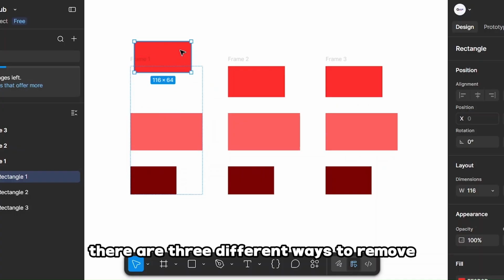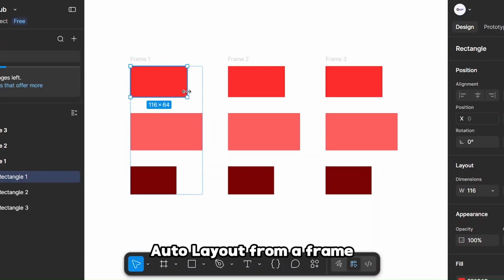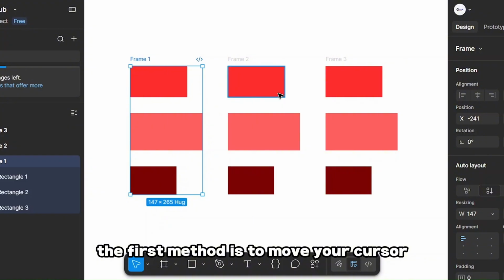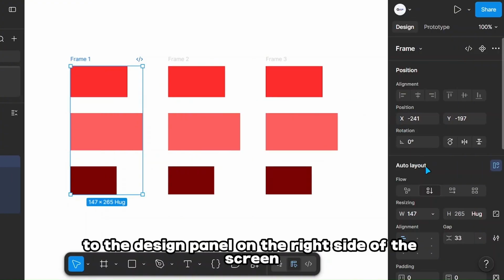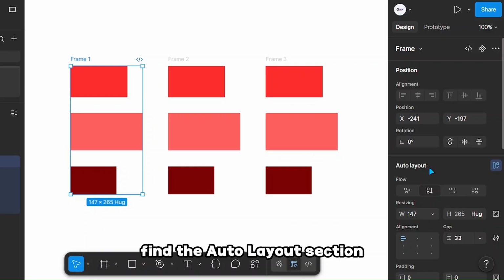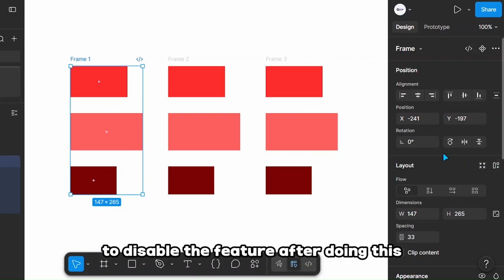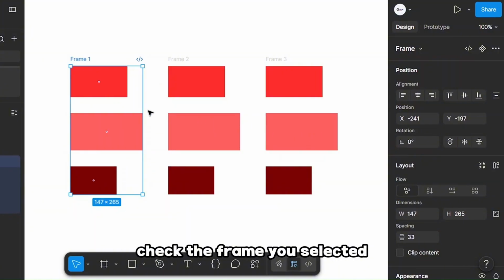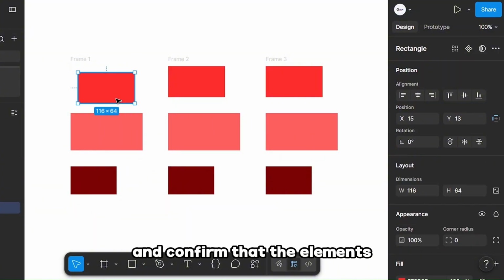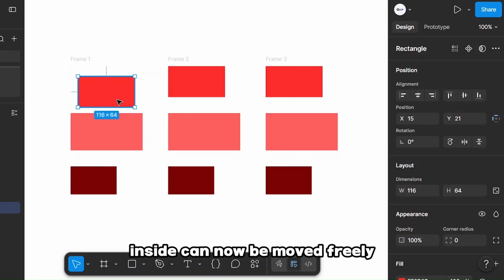There are 3 different ways to remove auto layout from a frame. The first method is to move your cursor to the design panel on the right side of the screen. Find the auto layout section and click the toggle icon next to it to disable the feature. After doing this, check the frame you selected and confirm that the elements inside can now be moved freely without